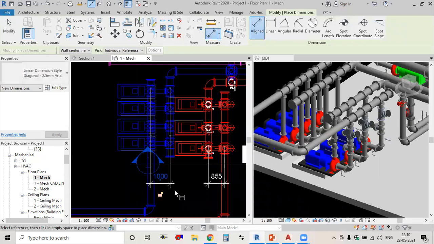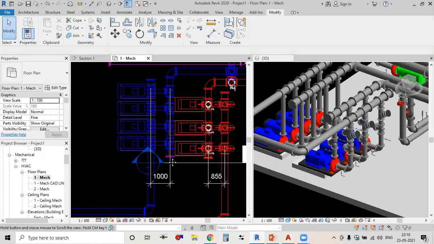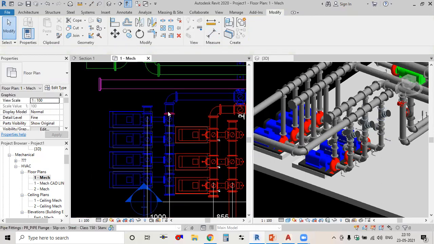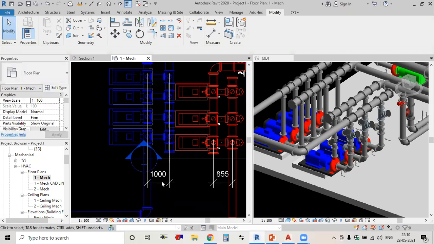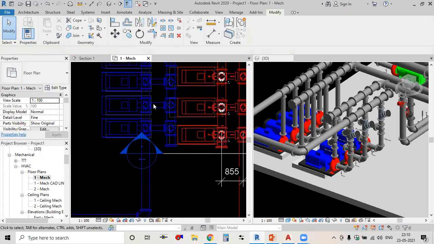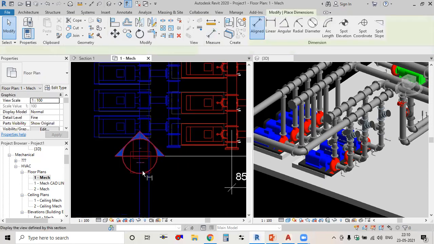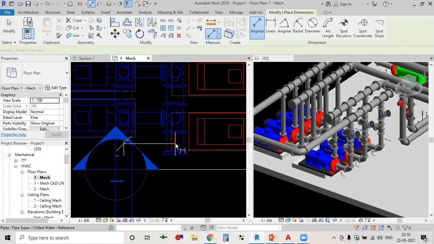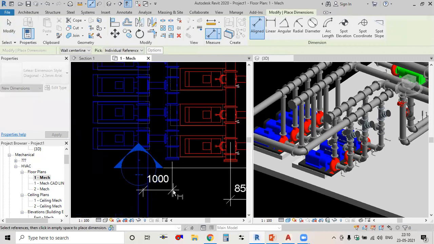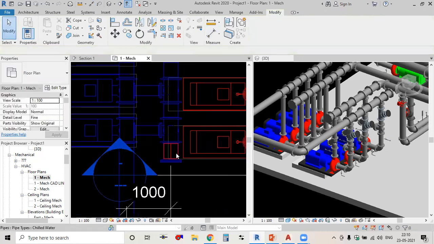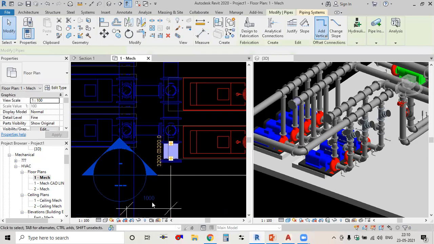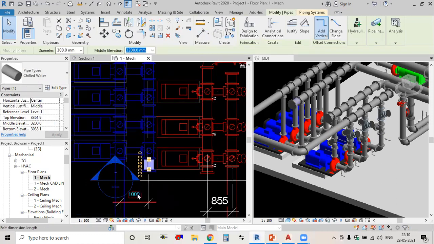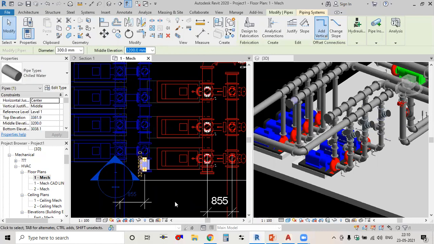This is how much? 1000. Okay. So how you'll make it, when you just select this one, delete, again select the measurement tool, select this pipe, click here, and when you select this pipe, now you can add this dimension. Click on this dimension, type 855, click OK, done.